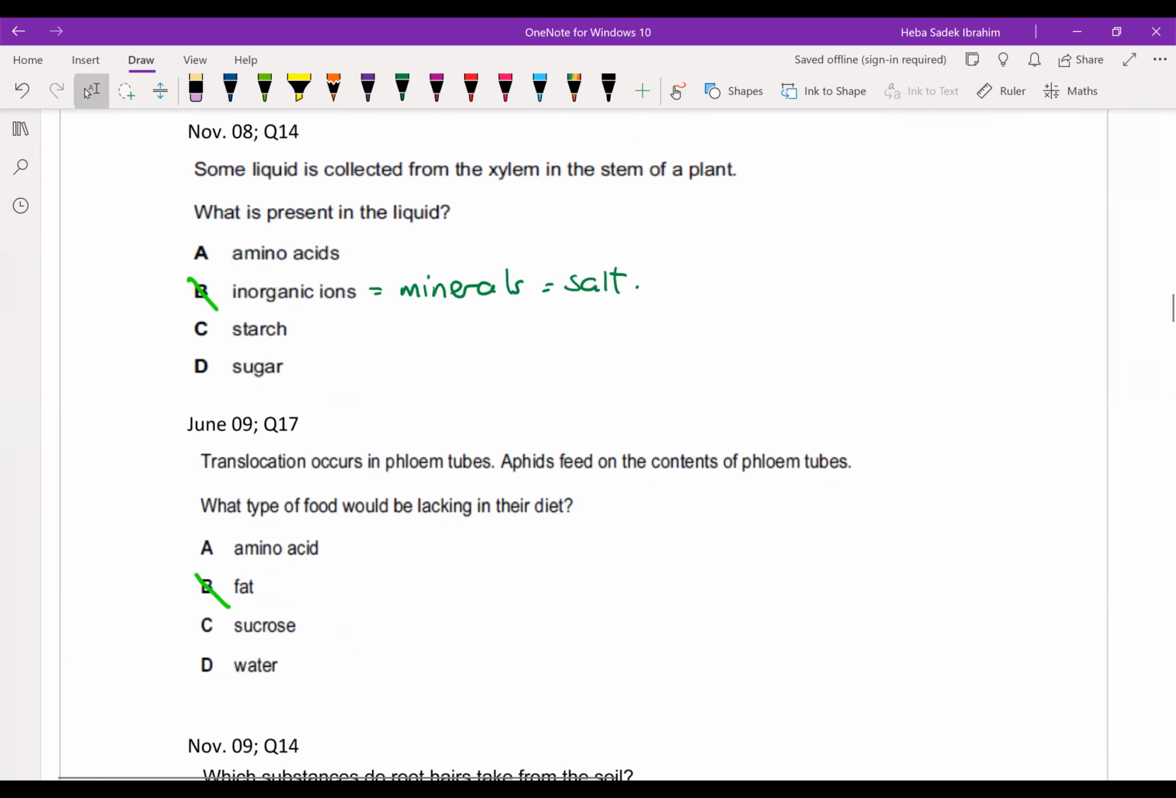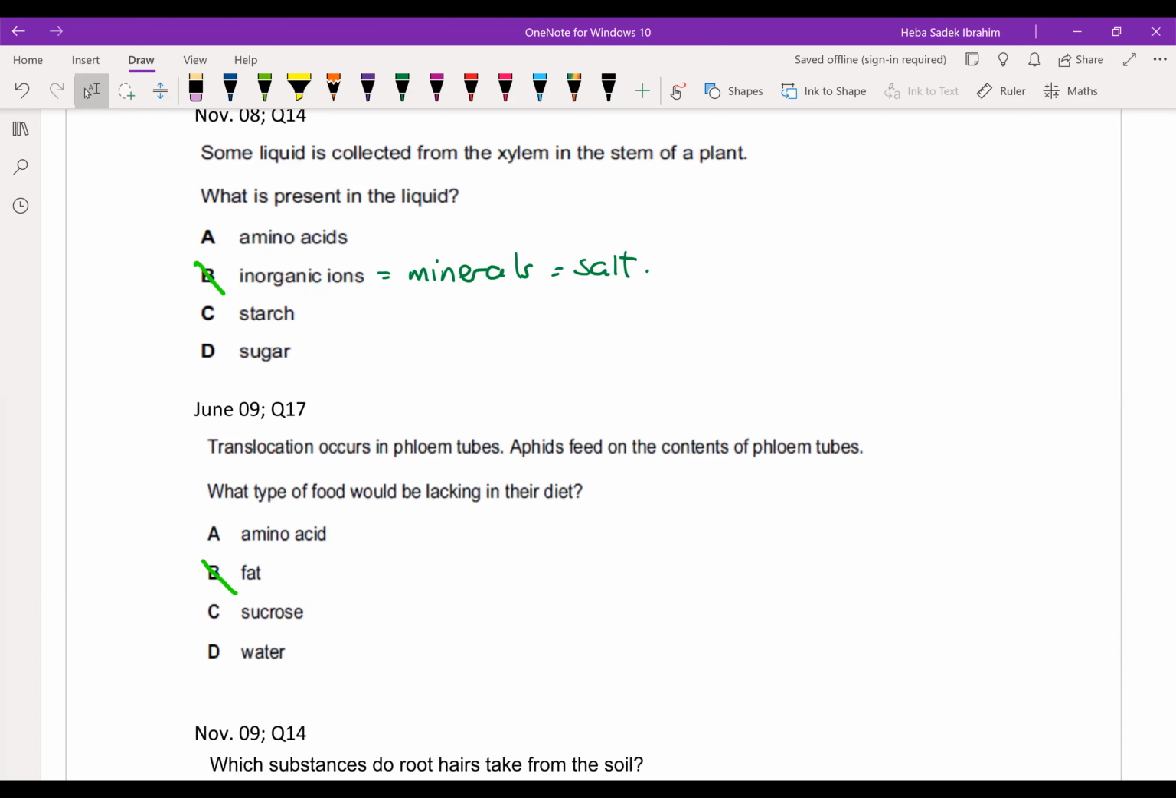Translocation occurs in the phloem tubes. Aphids feed on the contents of phloem tubes. Aphids are insects, حشرات، وندخل في كلام details عالية على الموضوع ده في ال A level. لكن as far as we're concerned here, they're just insects that feed on what's found inside the stem, inside the phloem vessels بتاعت الstem. طيب which type of food would be lacking in their diet؟ يعني في ايه مش موجود؟